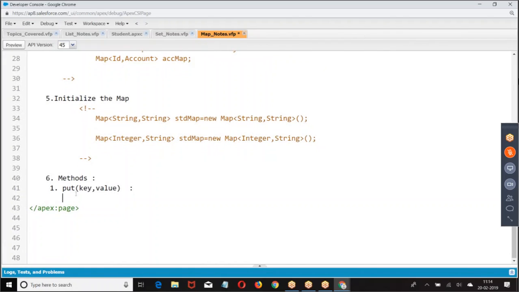Put key comma value. What is the purpose of this? This method will insert a new element into the map.